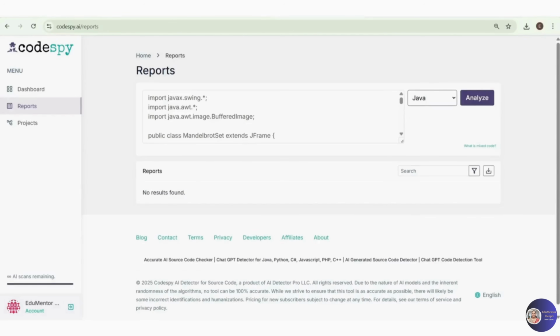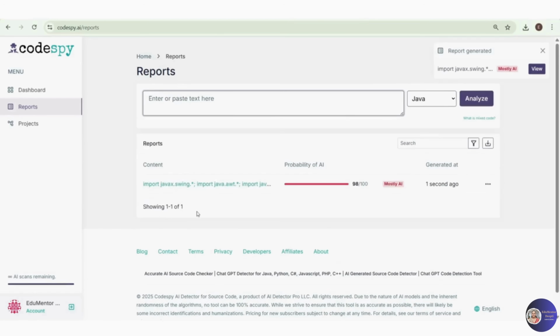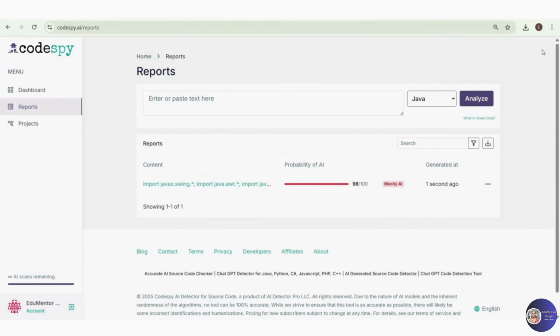The process is simple. You upload your source code, choose your language, whether that's Java, Python, JavaScript, PHP, or C Sharp, and let the tool analyze it. Within moments, it identifies which lines or functions were most likely written by AI models. It does not rewrite or fix code automatically because that's still best left to human developers, but it gives you the clarity to fix the right things faster.